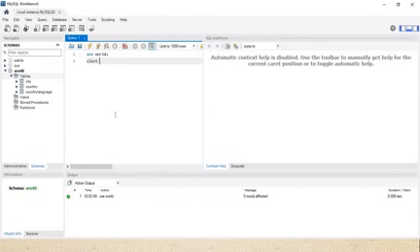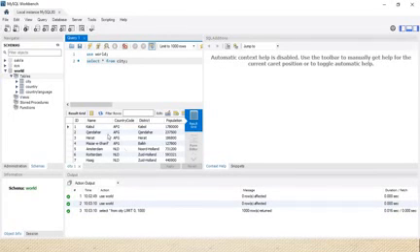Select. I will show you a demo. Select all from, what do we say, the table name called city. Execute it. See, name, country code, district, population.